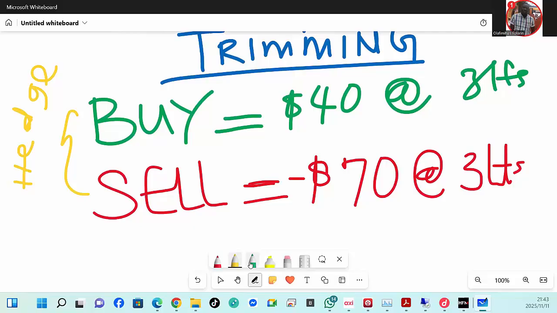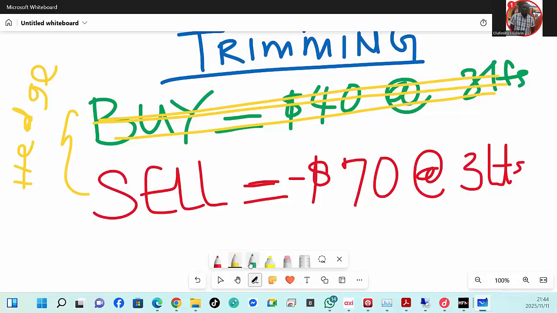So we want to trim. So now what we need to do is that if you look at buy as $40 at whatever lot size, we don't care about the one that has positive, okay? But the one that has negative, we need to care about it. Now we want to see, instead of keeping this like this, we want to close our buy at profit and our sell. We can't close everything. We must close something that is a little below 40 so that you can keep small profits.